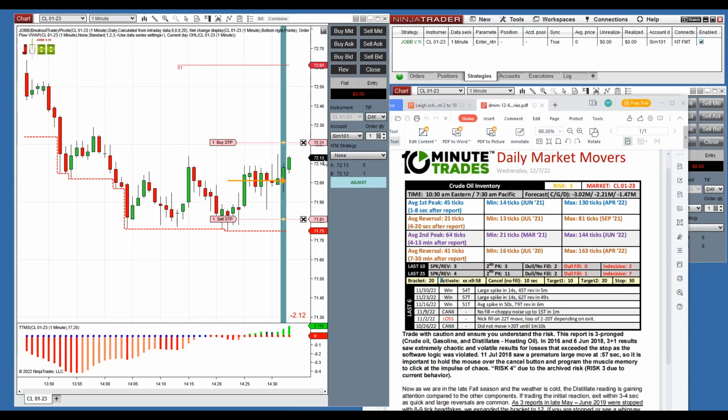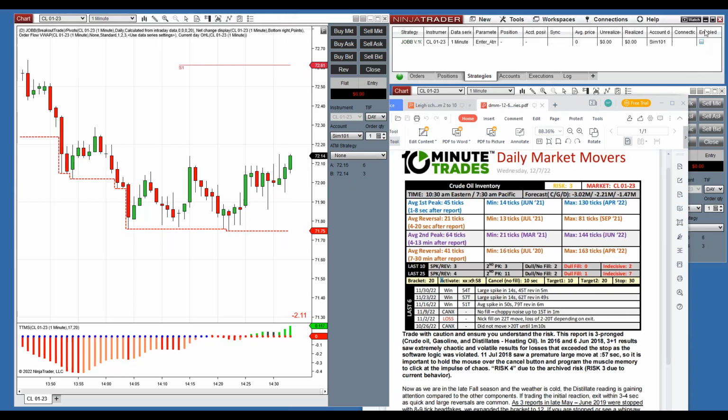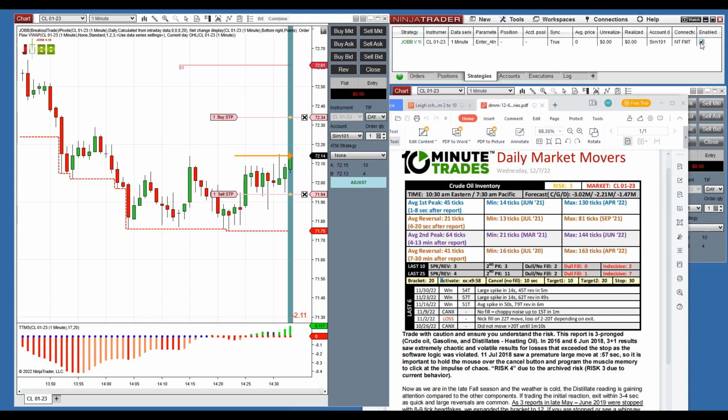What would you do if all of a sudden you're getting filled and it's too early? Hit the adjust button. Watch, it'll adjust your brackets. It centers them around that 20 bracket. That's what the adjust button does, okay? To get your brackets off the chart, you could click the X, right? Or you could click the X on enabled, turn it off on enabled.